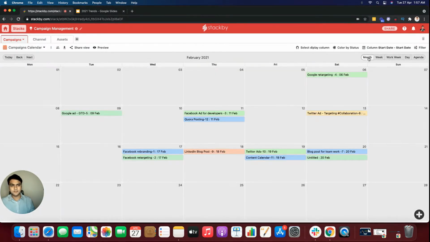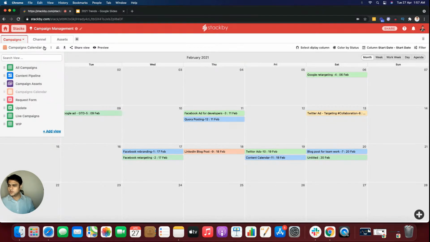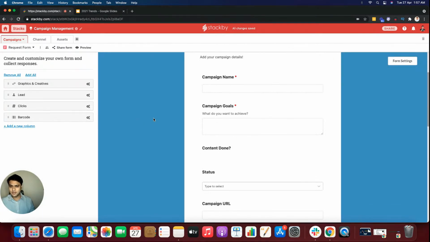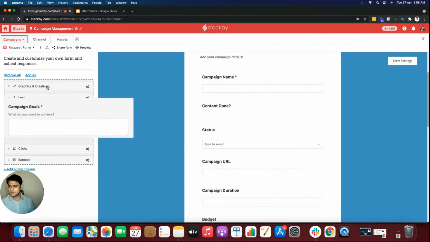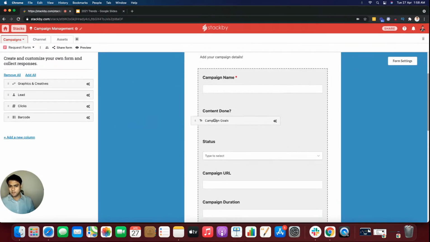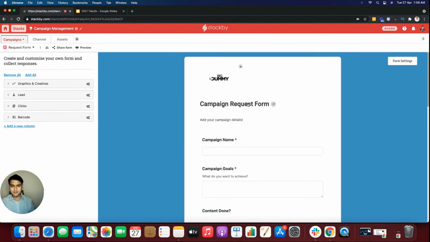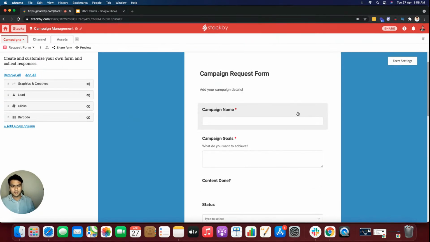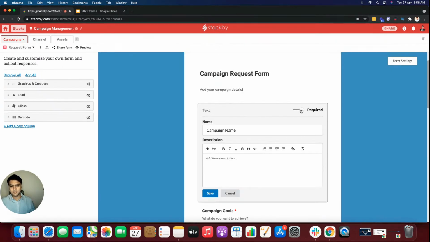I can also create custom forms. So for example, if I want to create a campaign request form, what I can then do is, let's put this here, and I can drag and drop the details that I want from the requesters or from my clients. So I can create a quick form through drag and drop. I can select whether I want to make this a required form or a non-required form. I can add the description,